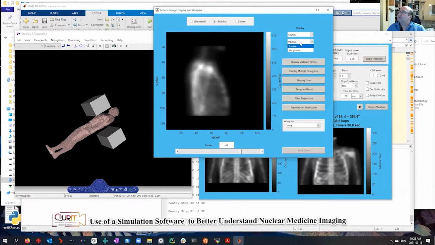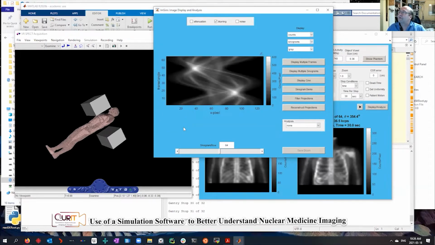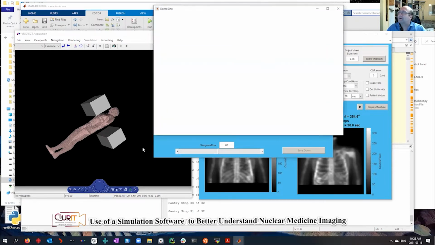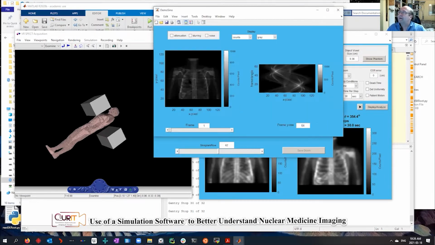We can also view this as a sinogram, or the different sinograms. So this is the sinogram for pixel row 64 of the image. So we can look at the different sinograms. And if you're not familiar with what a sinogram is, here's a demo that I made of a sinogram. So here is one frame. If we look at this one pixel row at this one angle,